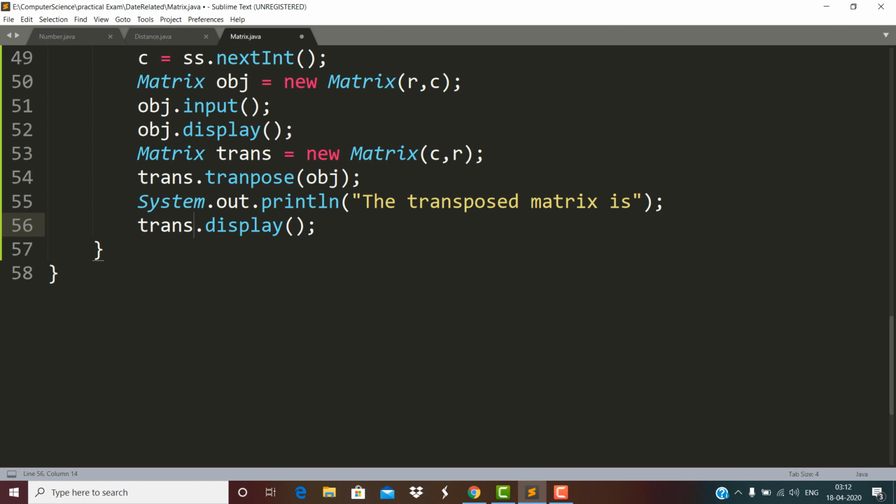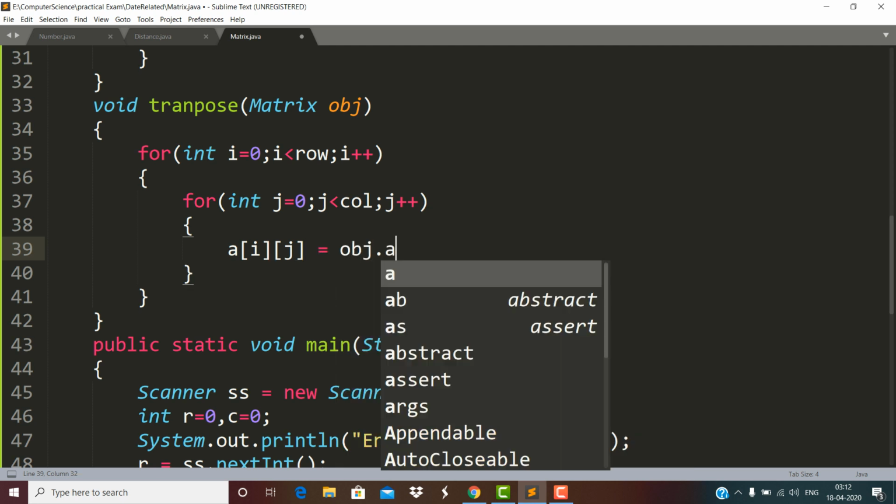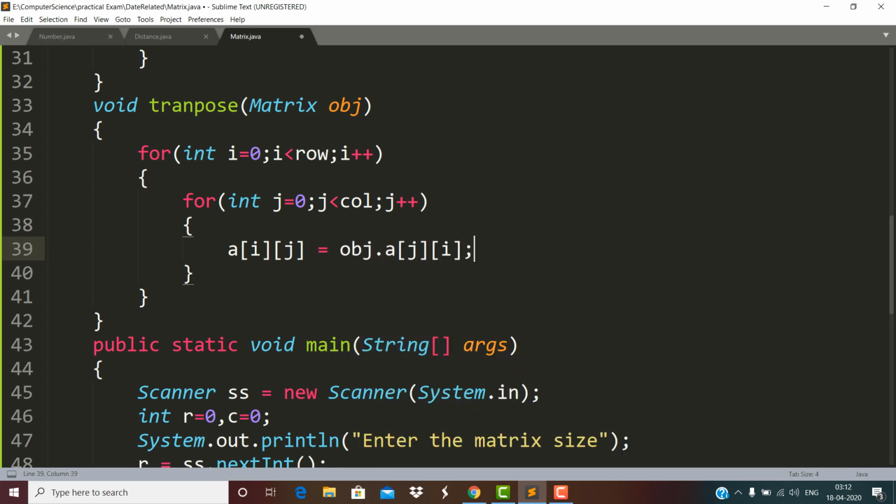This trans is the current calling object, and this row and col belong to this trans. And now in order to transpose this, here a of ij will receive obj dot a of j i. This is what we have done. So we have done the transpose. This is how to implement the transpose of a given matrix.